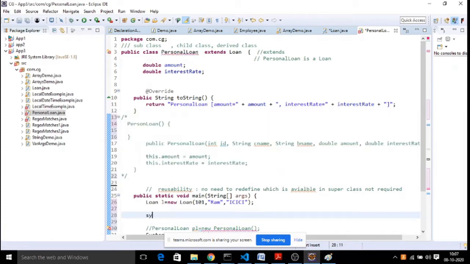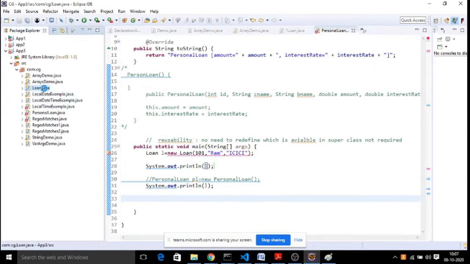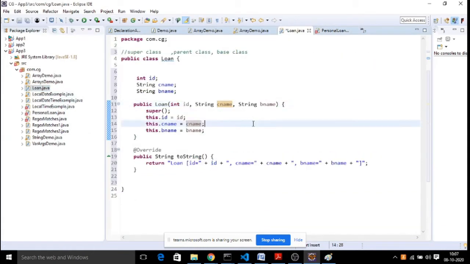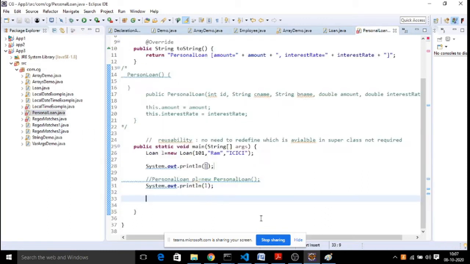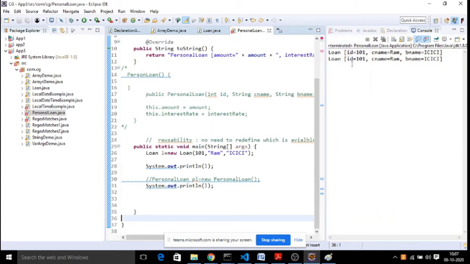Just we are checking with the superclass. When we print the object of loan, this is not a string here, both are strings, right? Loan ID string and string. Now we are just trying to print the loan details. This is only superclass details we are getting. So with calling your superclass loan, as we are printing 2 times, we are getting the loan detail 2 times.